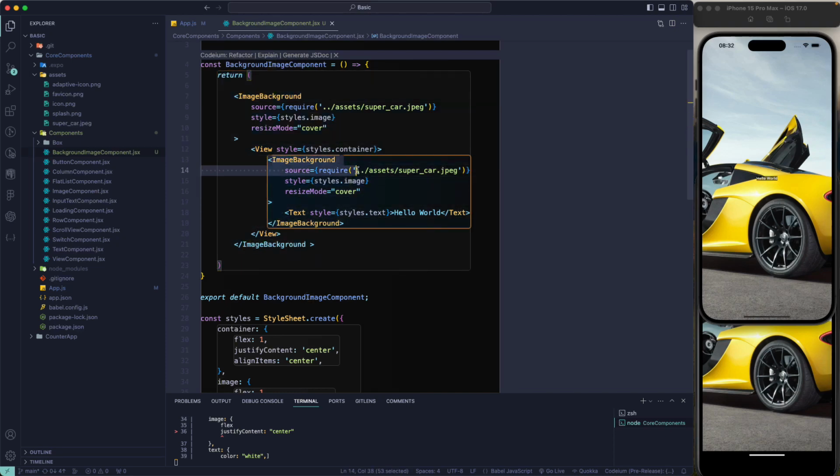So we also have the image background for our text itself as well. So you can go and play around and make sure to go and check out the documentation for this one,